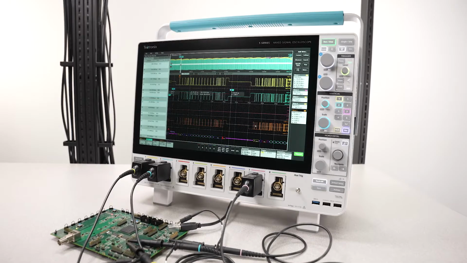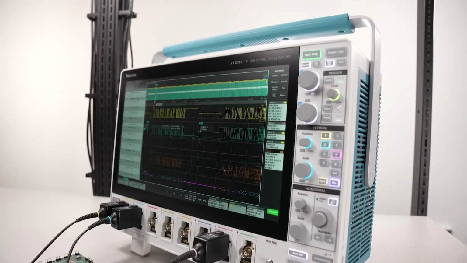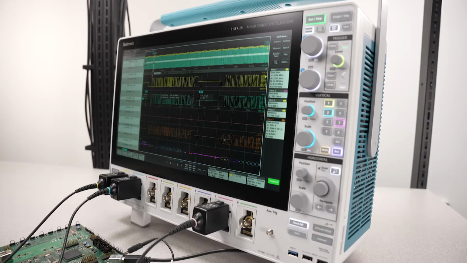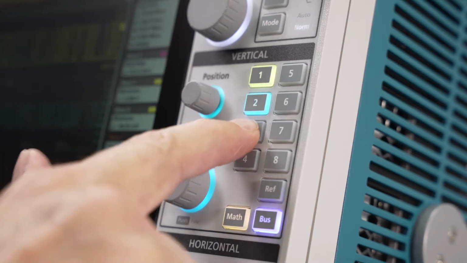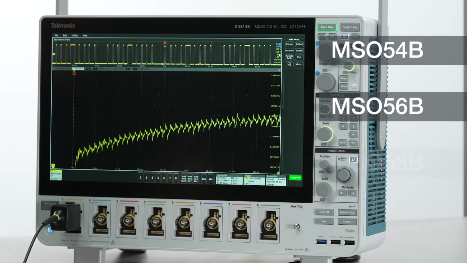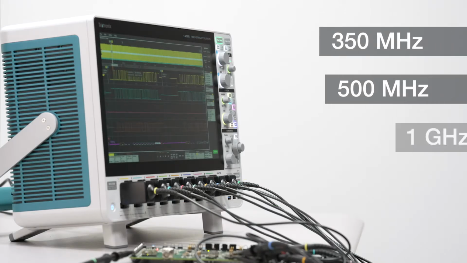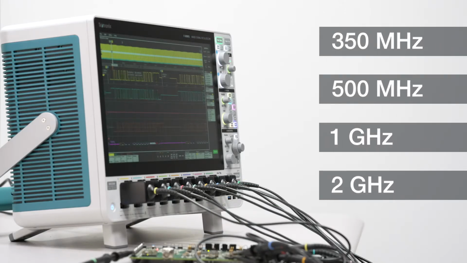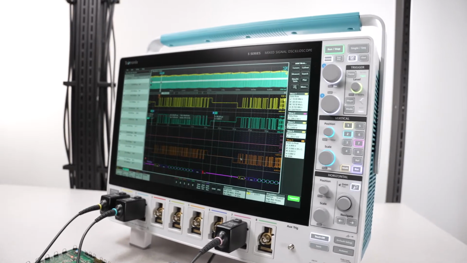Join me for an overview of the 5 Series B MSO, which has a stunning 15.6-inch high-definition capacitive touch display and a user interface that's been designed from scratch to be optimized for both touchscreen interactions and also traditional button and knob control. Available in 4-channel, 6-channel, and 8-channel configurations, with bandwidth options from 350 MHz to 2 GHz. You can capture fast edges with rise times as quick as 225 picoseconds, making this the perfect oscilloscope for use